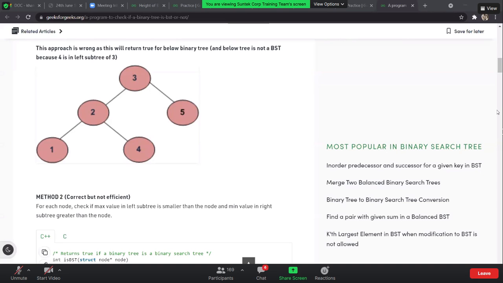Void BST, return. Root dot data is greater than root dot left. Okay. Good.